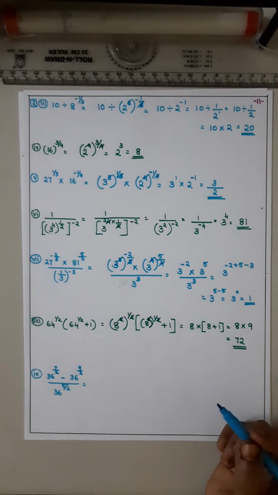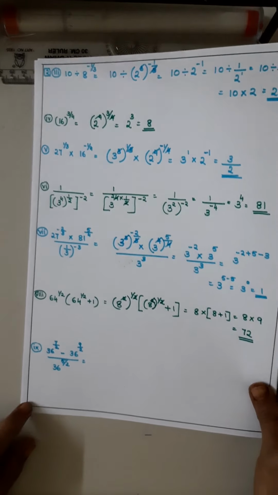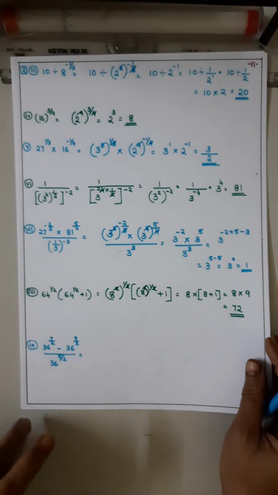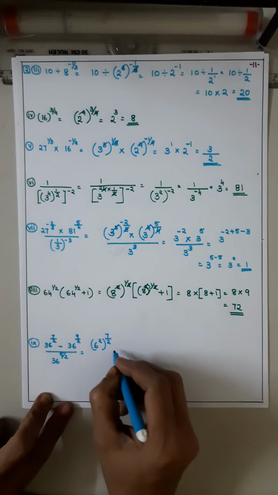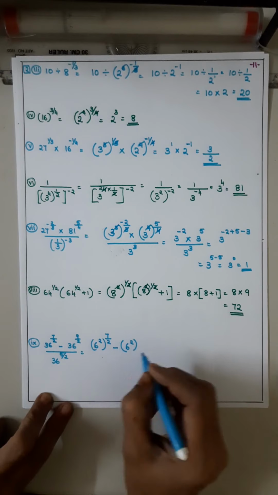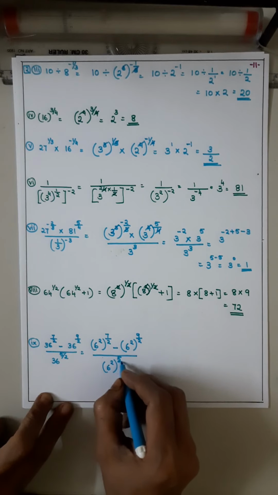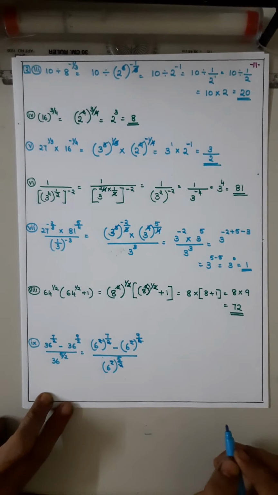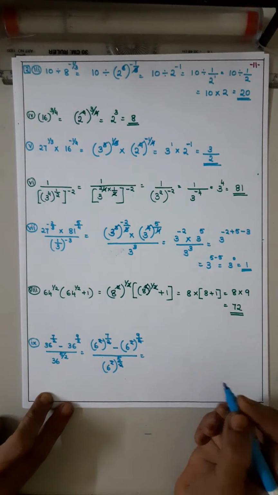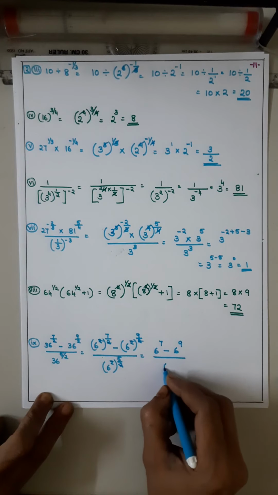Okay, we'll go to the 9th sum. It is 36 to the power 7/2 minus 36 to the power 9/2, divide by 36 to the power 5/2. ओके अभी 36 किसका स्क्वायर है? 6 का, है ना. 6 स्क्वायर द होल पावर 7/2 माइनस 6 स्क्वायर द होल पावर 9/2 अपॉन 6 स्क्वायर द होल पावर 5/2. क्लियर? अभी सबका 2 कैंसिल हो जाता है. मल्टीप्लिकेशन इसके लिए कैंसिल हो गया. अभी इधर कितना बचा? 6 to the power 7 माइनस 6 to the power 9 अपॉन 6 to the power 5.